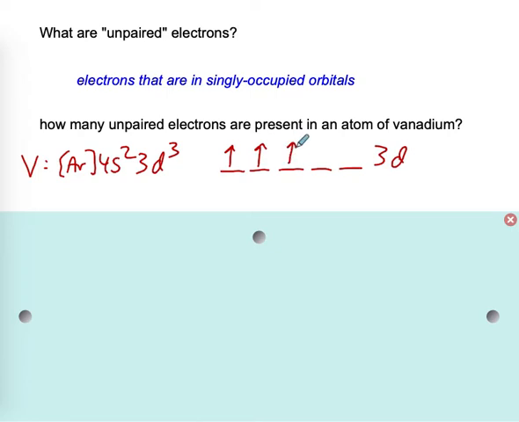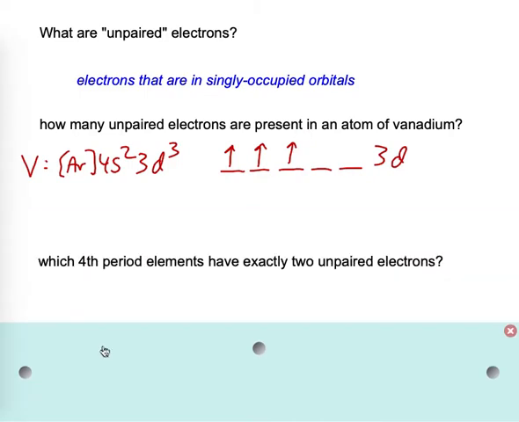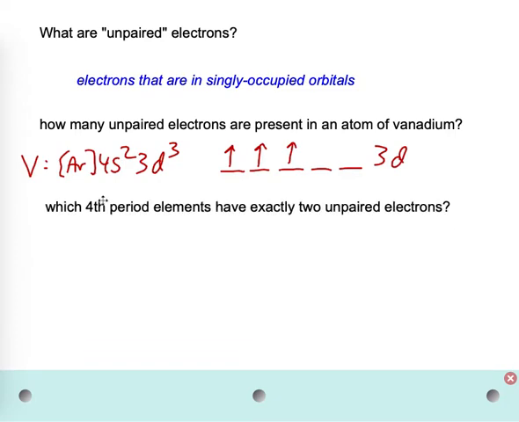Following Hund's rule, we place each of the 3 electrons into a separate orbital with the same spin, so we see that vanadium has 3 unpaired electrons. I can ask another question, and that is, how many 4th period elements have exactly 2 unpaired electrons? Well, if vanadium has 3 unpaired electrons, then we would predict that the element before it, titanium, would have only